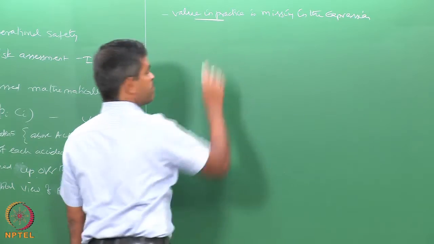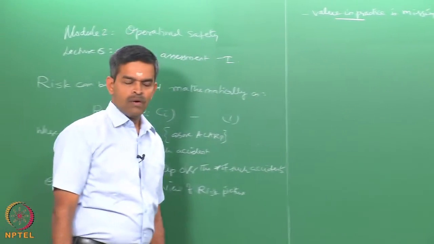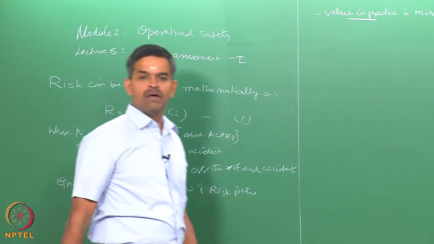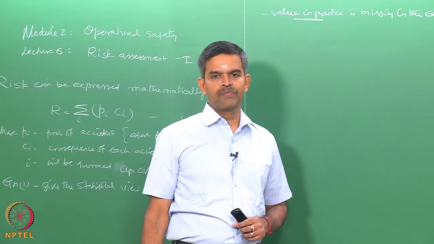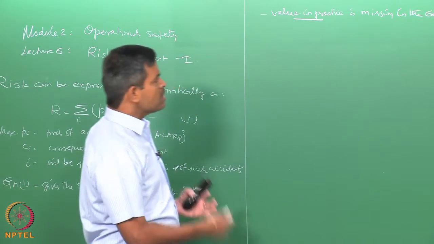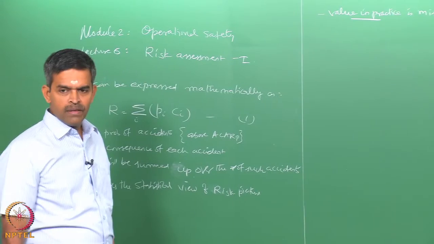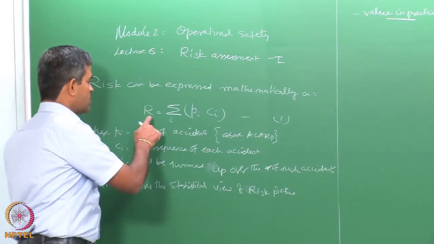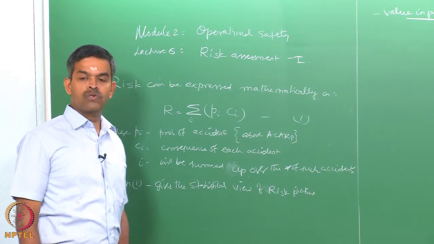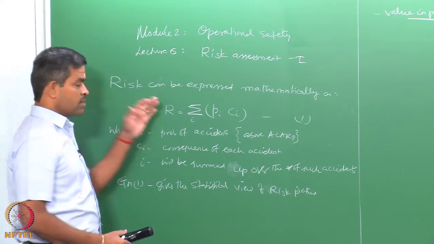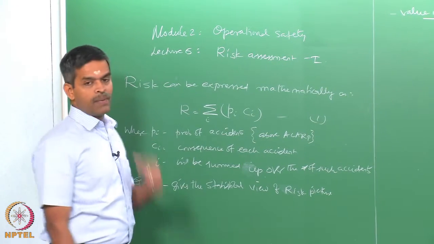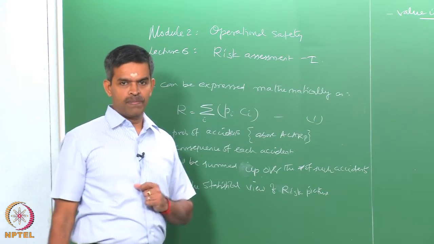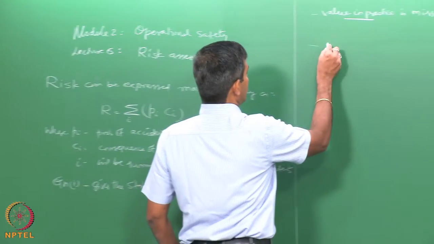The moment I say value in practice, I am looking for an economical perspective of this particular risk, because that is what is going to affect my industry as a whole. Now, the interesting argument of equation 1, if you look at this in detail by giving an example, you will know the seriousness of using this equation for understanding risk as an offshore engineer. For a mathematician, this equation is fine. But let us give an example and try to understand what we are missing through this equation as an offshore engineer. If the accident rates are rare,